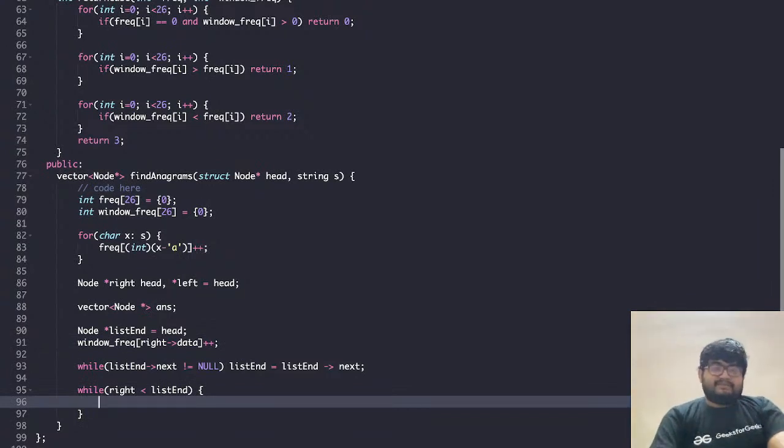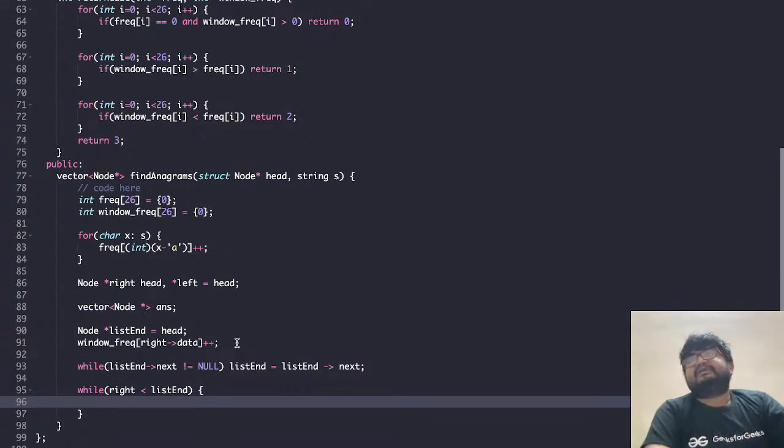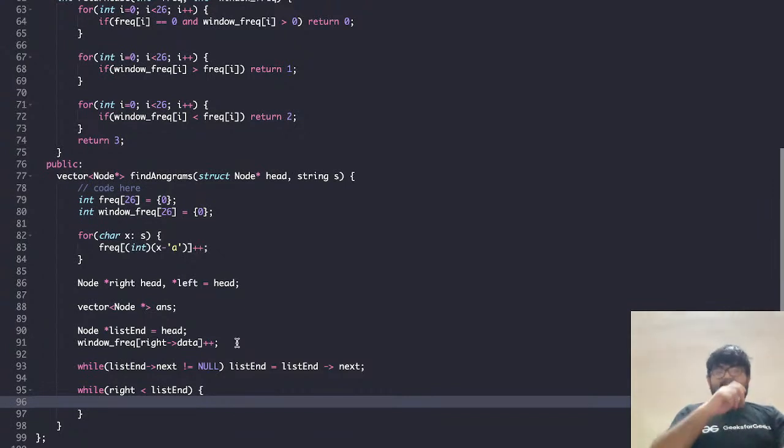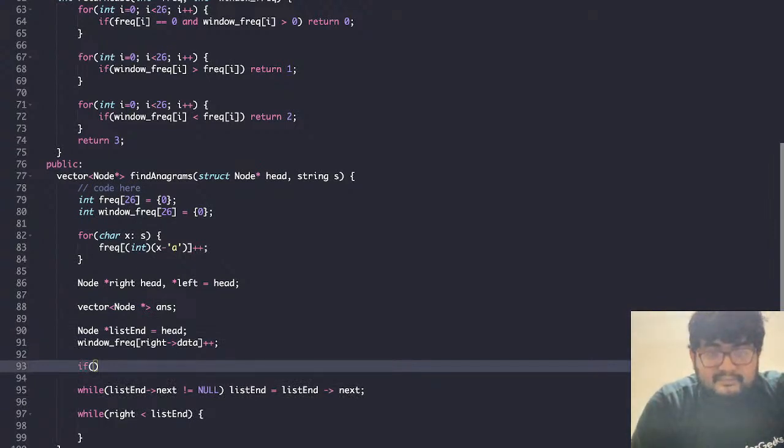So what we'll do is decide our next move based on the case, or we can just make the next move. I'm just thinking of a single character case, when the string S is of one character, that should also be handled. So with the window frequency, let's go to the next place and update the window. Also we can maintain our answer here. If answer dot what, answer dot if